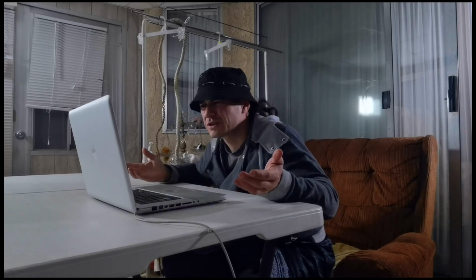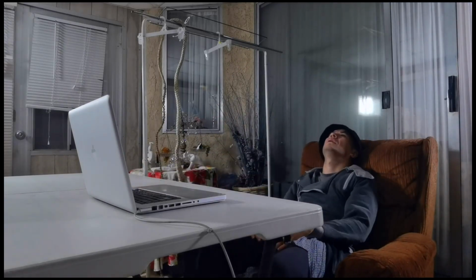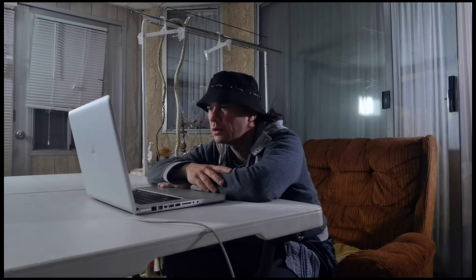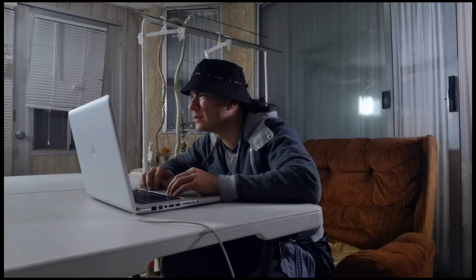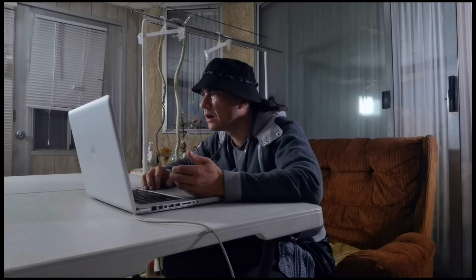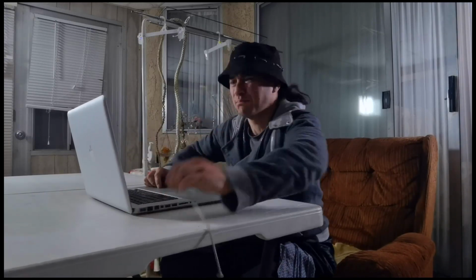Come on, why are you so slow? Come on. Finally. Battery's at 0%. I charged you last night. Alright, so it's a dead battery. But I have it plugged in. Why are you running so slow? I have it plugged...